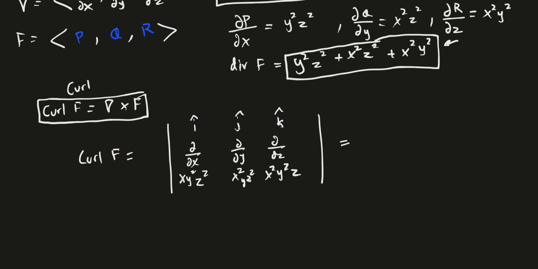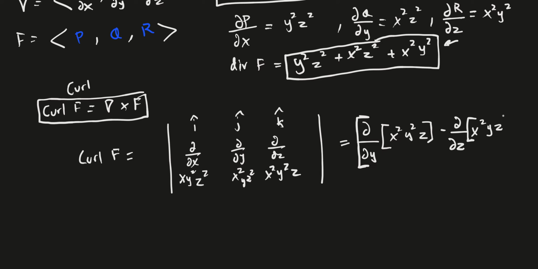So that's going to be partial y of x squared y squared z, minus